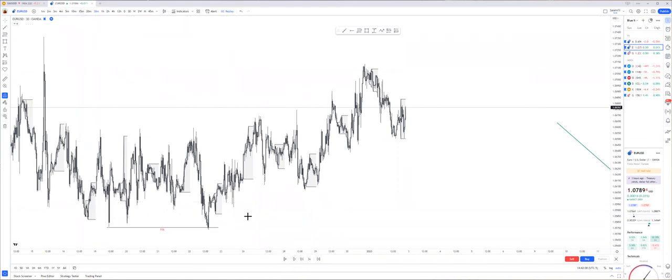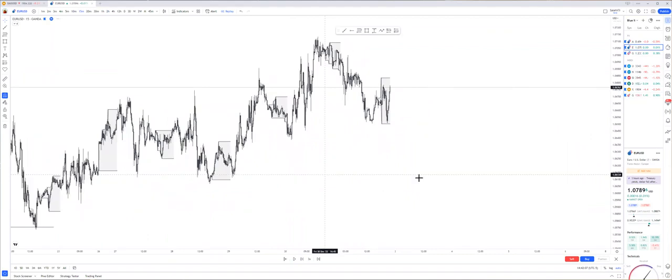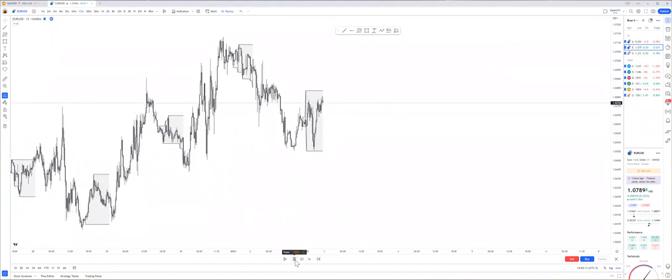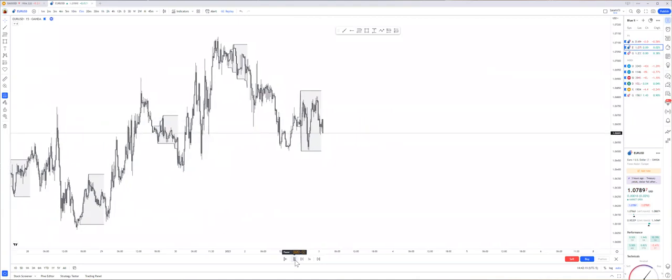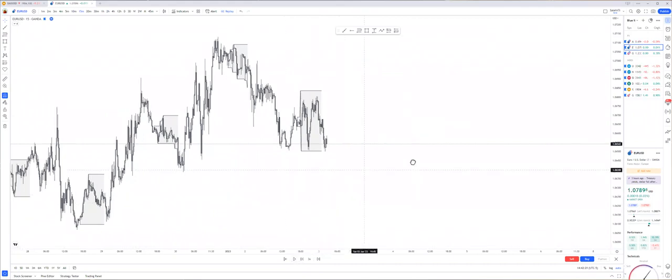Do it on the 15 minute. All right, so let's play it out. So this is the Asian zone. Okay, so the Asian zone is now being broken. Okay, so I mean it's closed now. Now, what I would do is